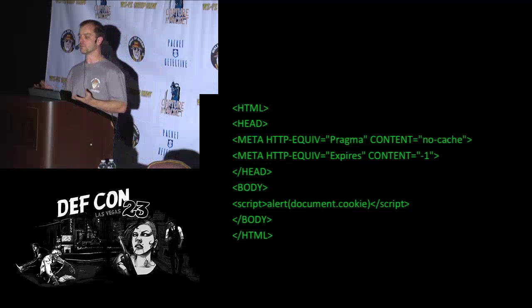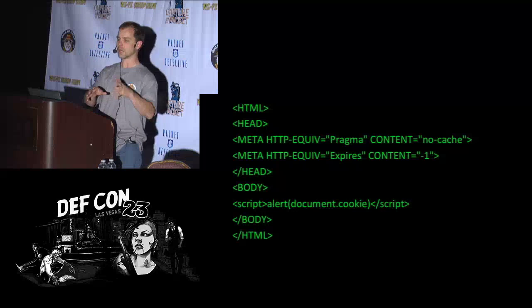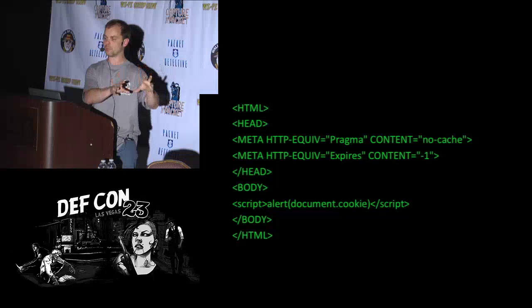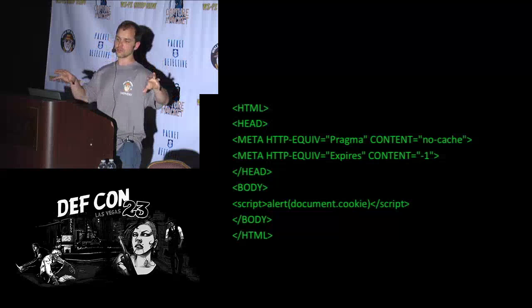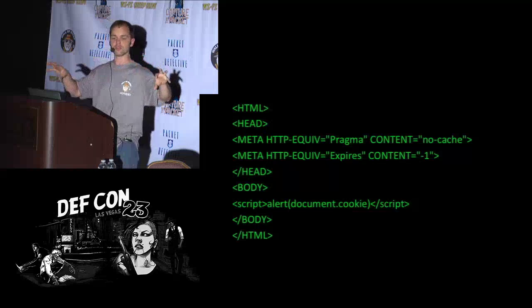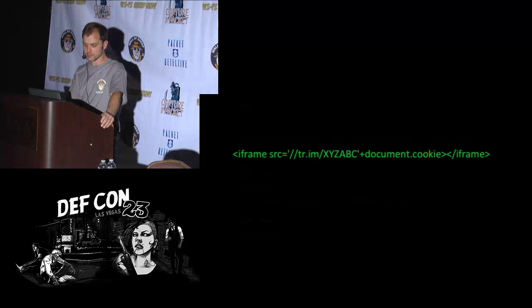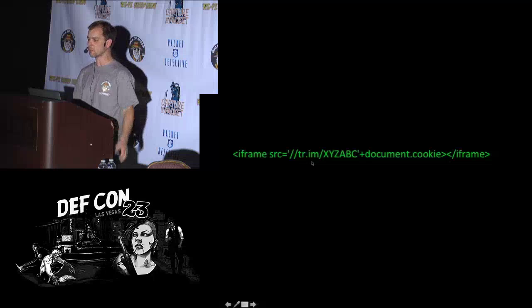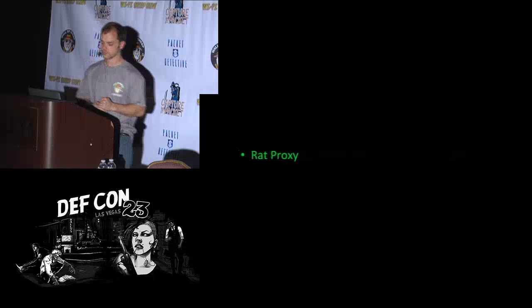So what prevents you here is called same origin policy. This was running on my web server and not within the NAS. The web server itself, my attacked web server, didn't have access to the NAS's cookie because they had different origins. The script was running from a different place, so it didn't have access to it. So I said, how the heck am I going to get into it? I tried all kinds of various things, trying to see if I could pass the document cookie in, but I kept hitting up against that 30-character limit.